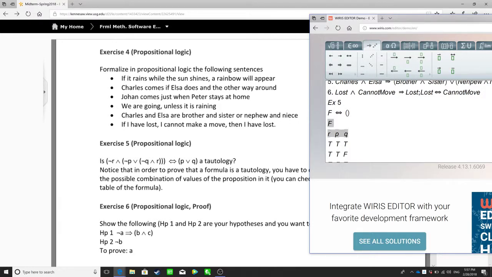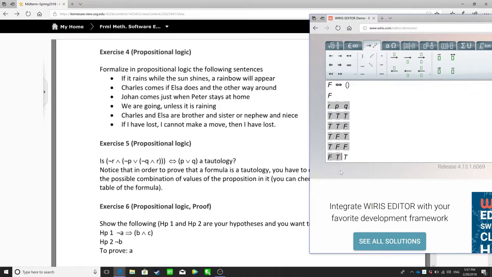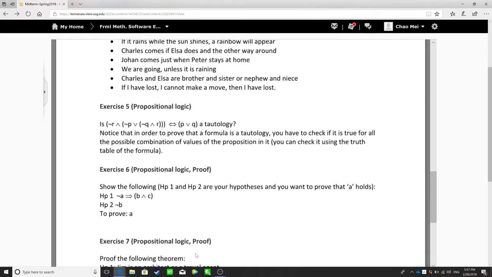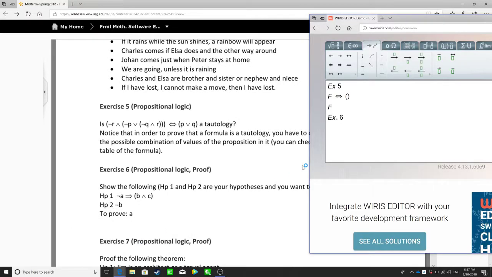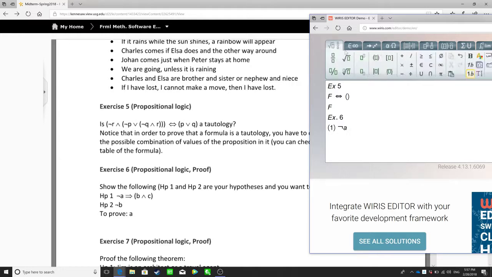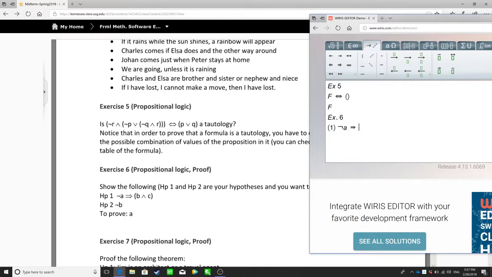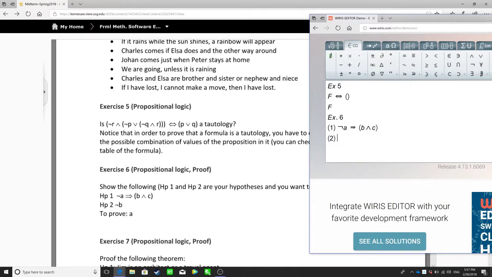Let's remove this. Exercise 6. Okay, so one is negation A implies B and C. Two is